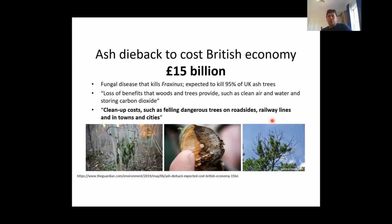And some recent work looking at a significant pest in Europe, ash dieback. They estimated it was costing the British economy $15 billion. So they're the types of pests that we want to stop coming into the country. And we do that by those quarantine processes that I mentioned before, but also by training up people like yourselves